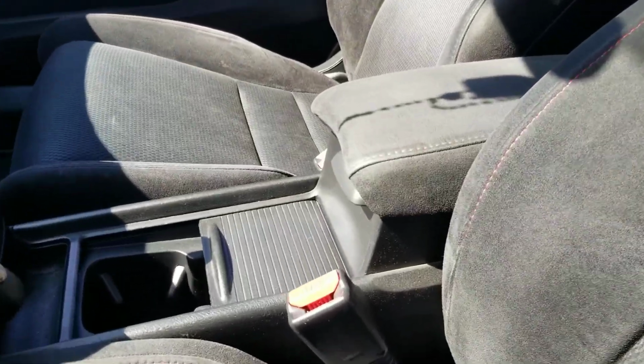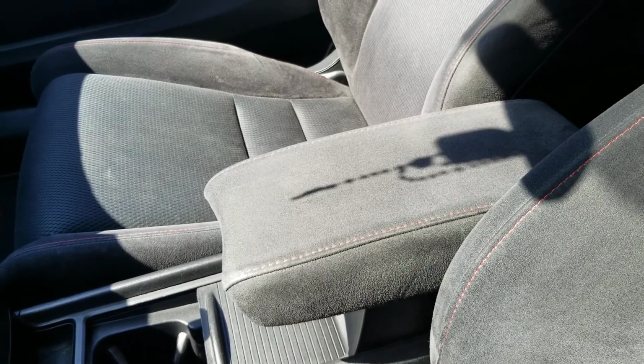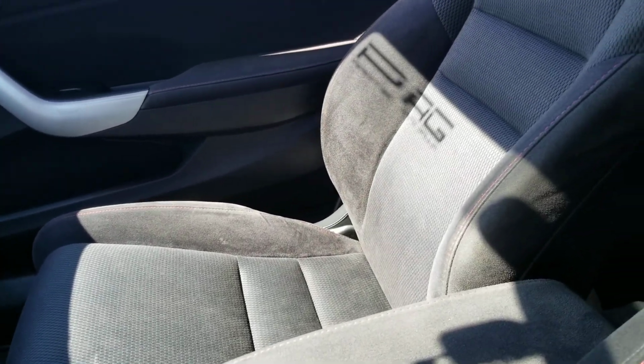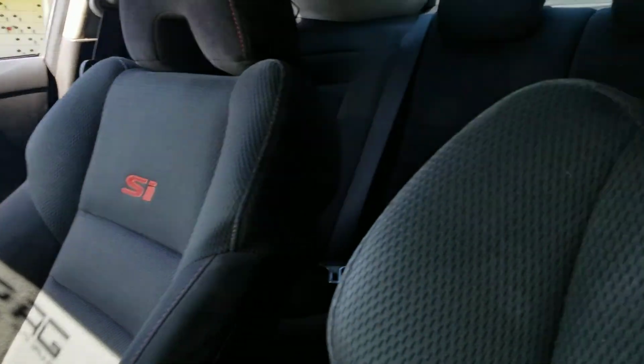Even this piece right here, the way this piece comes out, and this is a little dirty. I can clean that and make it all look like soft Alcantara again. But just look at the seats. When you see the 9th gen seats, they have a weird design. Like this is just stitching, a whole flat seat with stitching like that. The material they use,